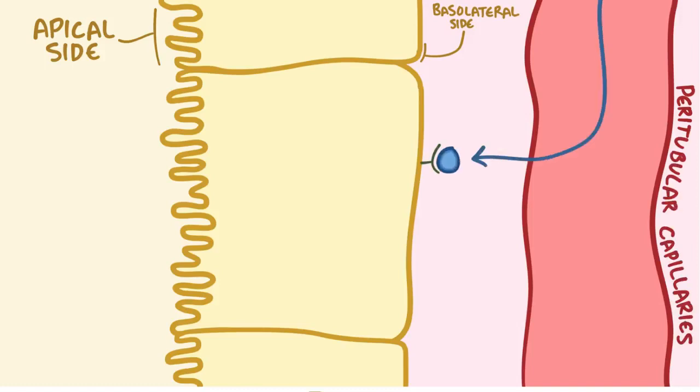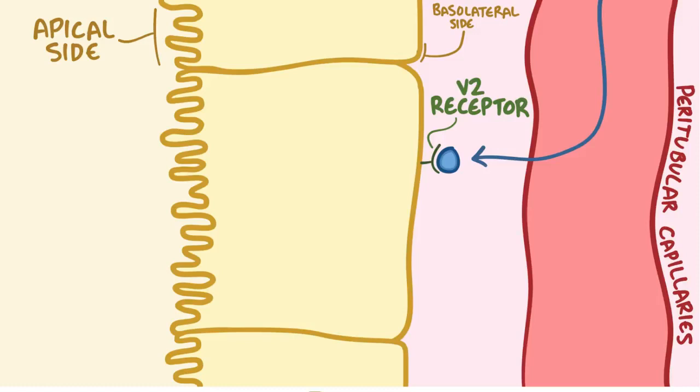These cells have 2 sides, the apical or luminal side, also known as the side in contact with the tubular fluid, and the basolateral or interstitial side, the side that's in contact with the interstitium of the kidney. ADH travels through the paratubular capillaries of the kidneys and binds to V2 receptors on the basolateral membrane of the